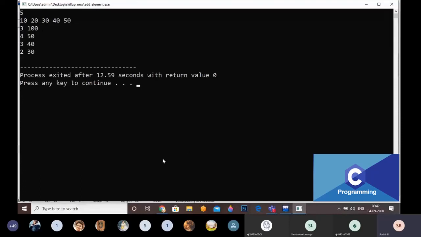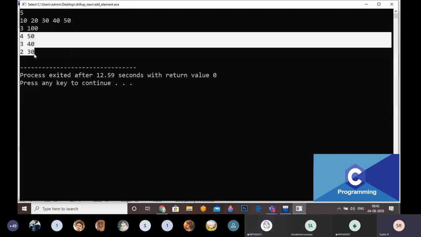Just look at here. I am starting at this position, that is 50. That's why it is going to be 4 and 50. This is the fourth index and 50, this is the third index and 40, and this is the 2 and 30. Okay, I am going to trace from the last to the position. Is it clear everyone what I am doing here? Yes, sir. I am going to print, I am going to start at ending and come up to the position, that's it.